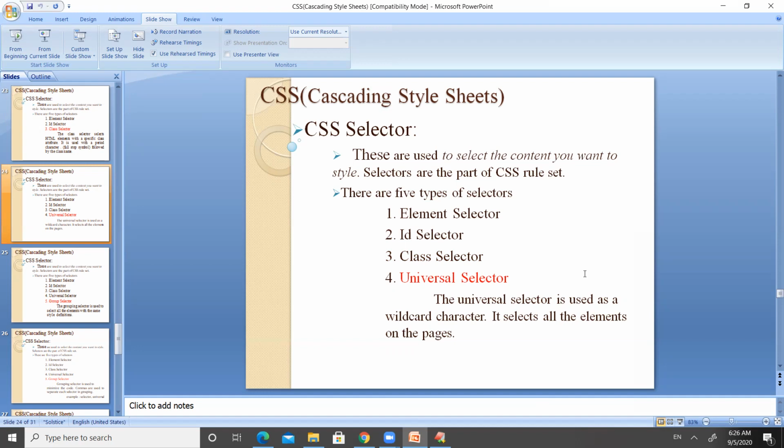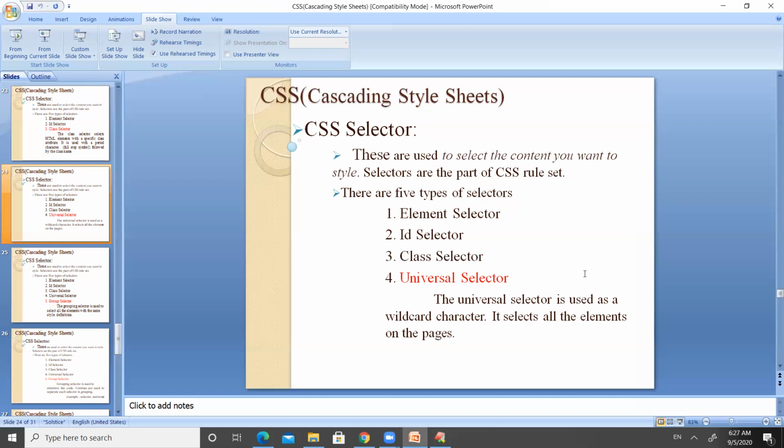On the last Monday class, I discussed all these selectors, the theory part of selectors. But unfortunately, I think most of the people don't understand what is a selector and what are these 5 types of selectors. But now, after listening to the previous session and today's session, I hope all of you will get some idea. And still, if you don't get an idea regarding all these sessions, you can make a comment in the comment box.